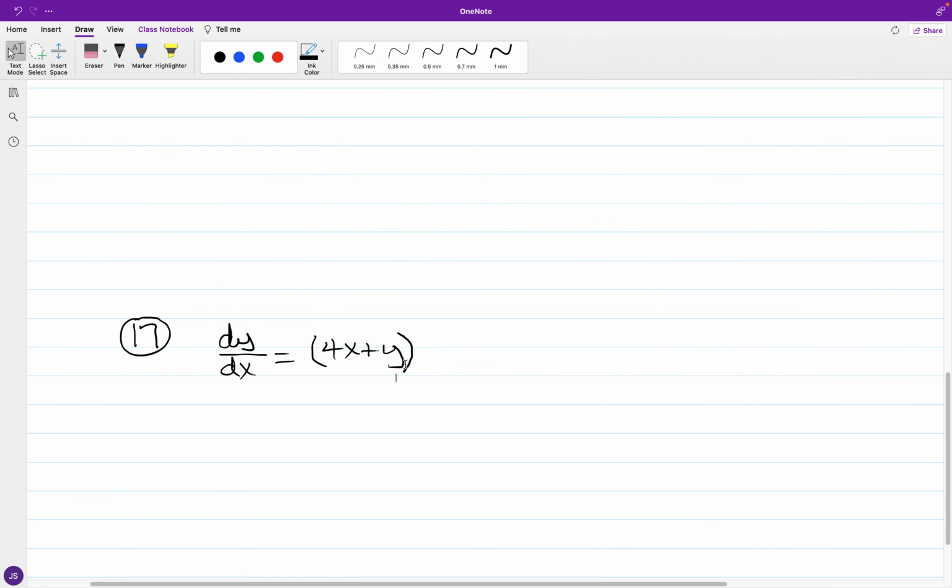For number 17, we have y prime or dy over dx is equal to the square of the quantity 4x plus y. We don't have a homogeneous equation, and we don't have a nonlinear Bernoulli equation. If we look at utilizing v substitution, we can say that v is equal to 4x plus y,